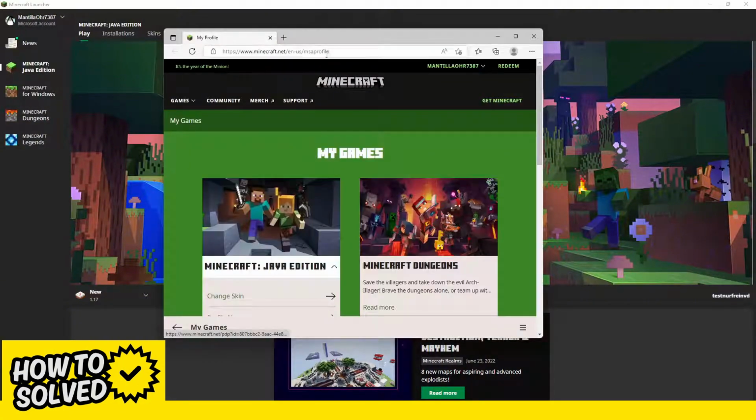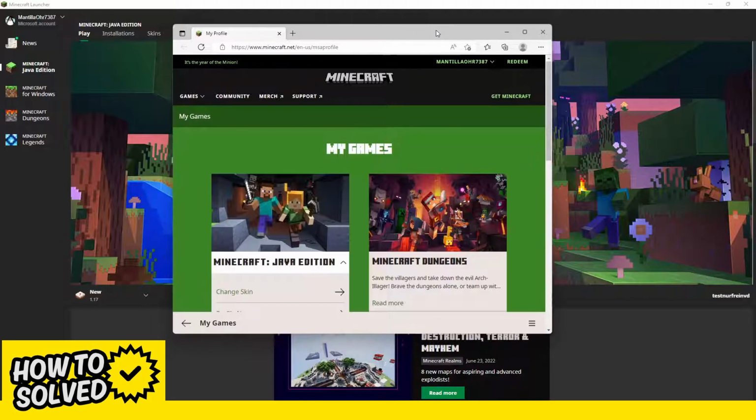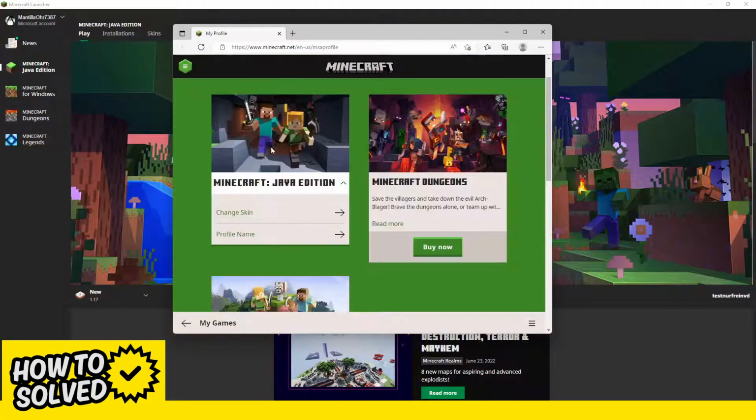And then a page looking something like this should open. And then we again maybe need to log in here. I've already done it. So just make sure that you are logged in with the same account as you're in your Minecraft launcher. And then we can already scroll down at the